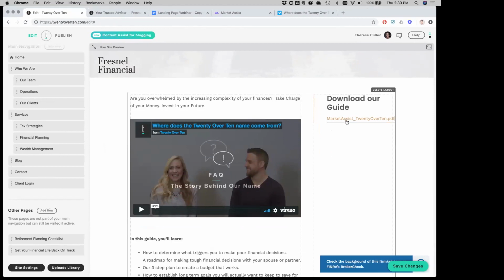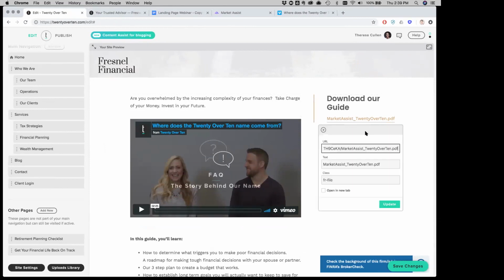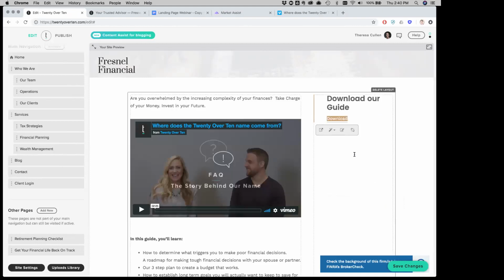So with any link, just so that we're all clear, if you click, you can edit that link. So in the text here, we can say, download. We can dictate how it opens. Now, again, to be considerate of things like bounce rate, we always want those absolute URLs. So whether it's downloading a file or if something's taking us to another page away from our domain, we want that to open in a new tab. And we'll click Update.